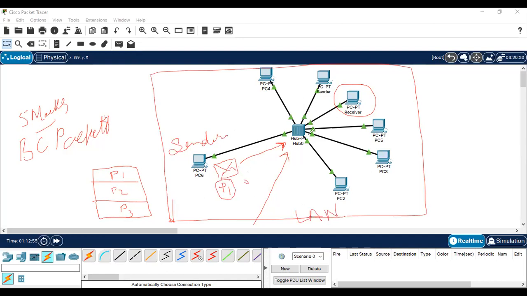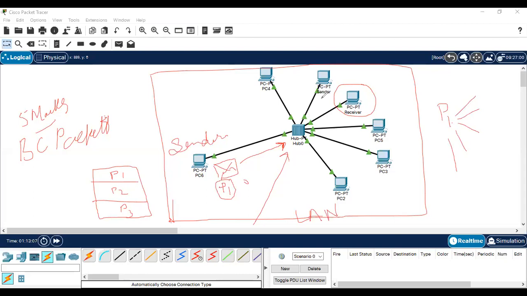So this is your hub, which received this message P1 and then copied it into the number of ports which are available or working. So this is port number 1, 2, 3, 4, 5, like this. All these ports are there. So it will make 5 copies of the packet received and send it individually to everyone.